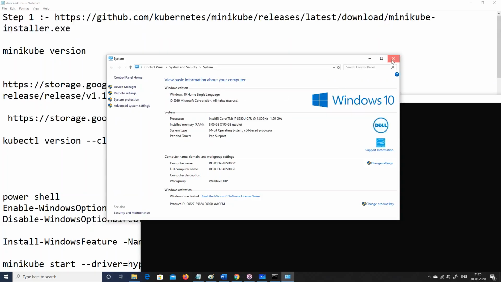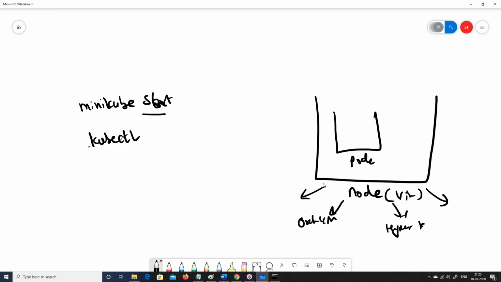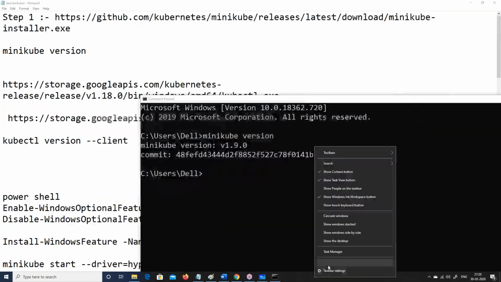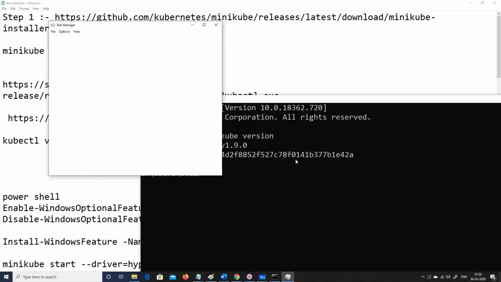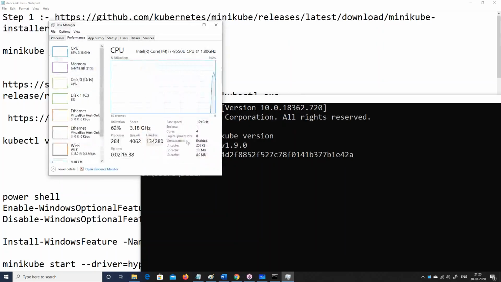So that is that. But definitely, one of the things you need for Minikube is that you need virtualization to be on. Why? Because it needs a virtualization technique, right? So please ensure that your machine is enabled for virtualization. You can see here, in my case, this small thing out here shows virtualization is enabled, right?